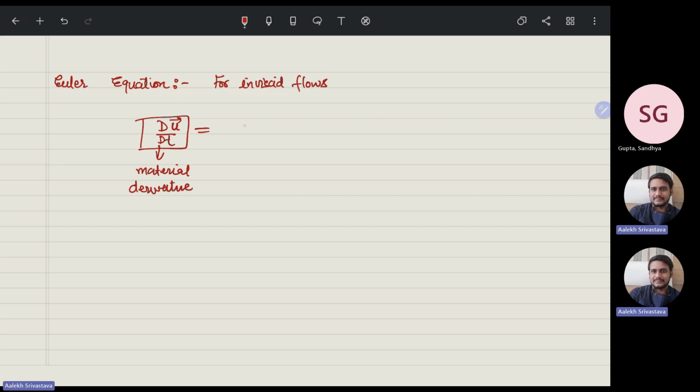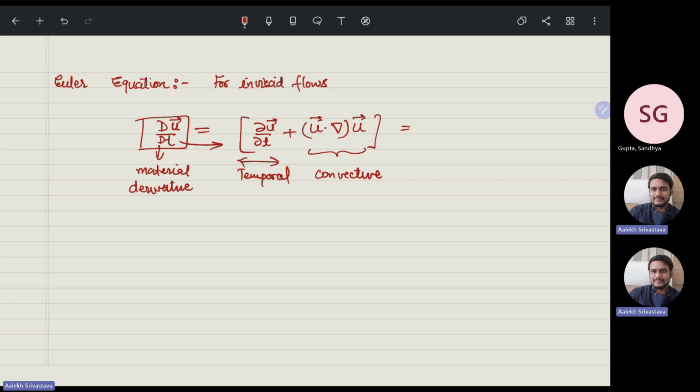That is equal to del u by del t plus u del u by del x, or in the vector form, del u by del t plus u vector dot divergence of u vector. This is what the material derivative means, and I explained that this is the temporal term and this is the convective term,